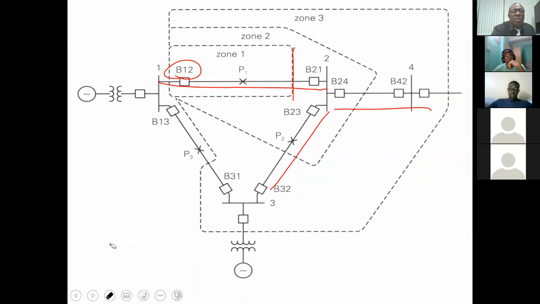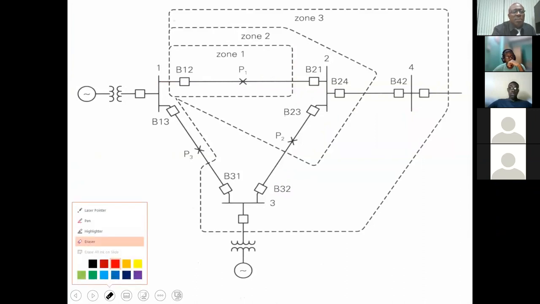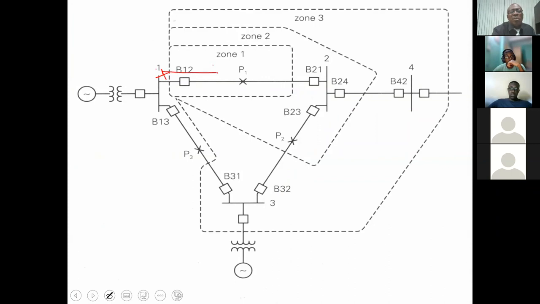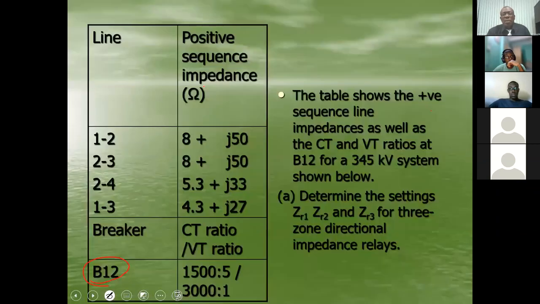Let me erase that. All right, so we're at this point, and we're looking in that direction. Okay? The impedance seen at that point, or the impedance measured at that point, Z,